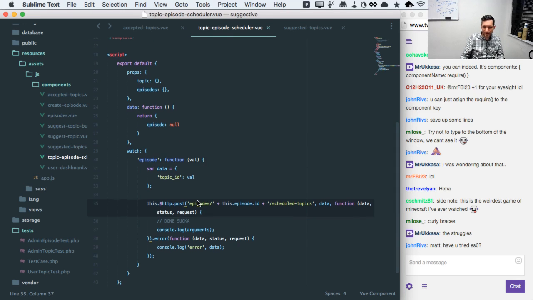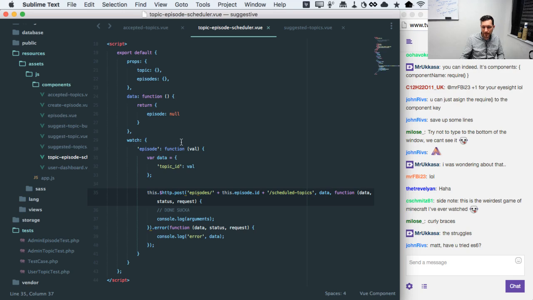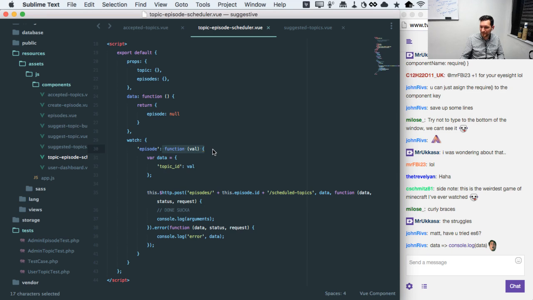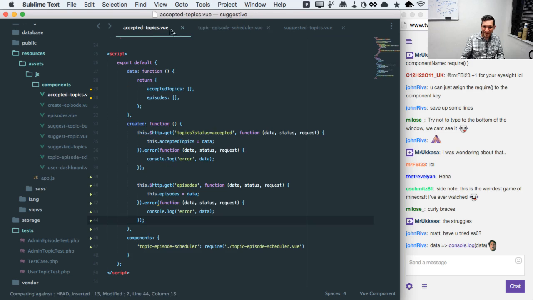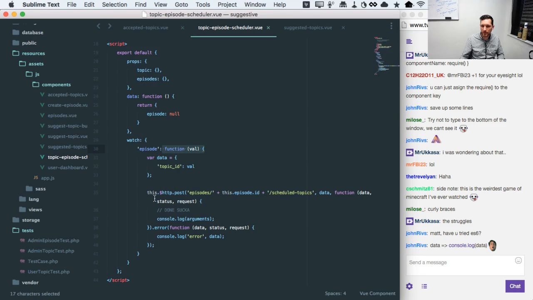I have tried ES6. Half the stuff in here is ES6, and half the stuff in here isn't. For example, I'm writing these things this way just because I've been writing JavaScript for a really long time, and it's very comfortable to write this in a syntax that I'm familiar with, and much less comfortable to write it in a syntax that I'm not familiar with. So I'll get there, but right now I just don't care. Not that I don't care. It's not worth the slowdown in production